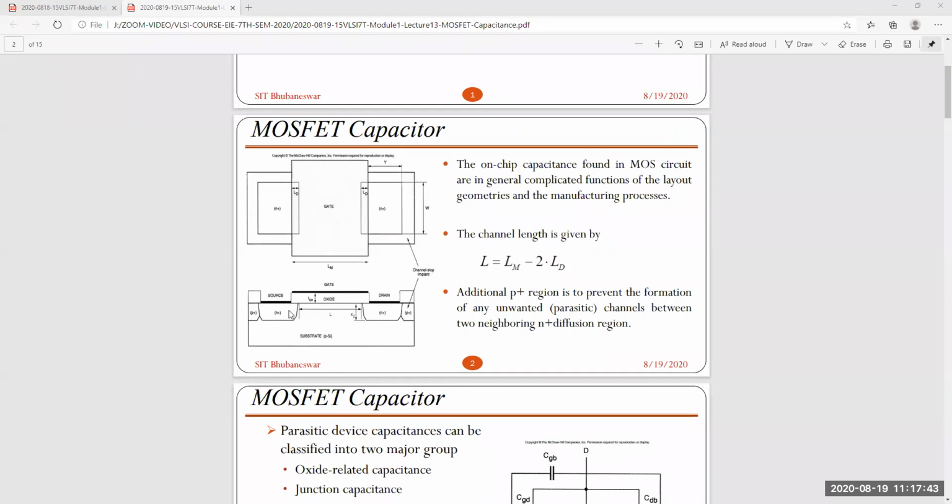Movement of electron will be... No, see, for a particular technology, suppose we are assuming 180 nanometer technology. So actually the length should be 180 nanometer. We have calculated all this model, everything for 180, but after fabrication it extends. The channel length is reduced. That means current will be more.